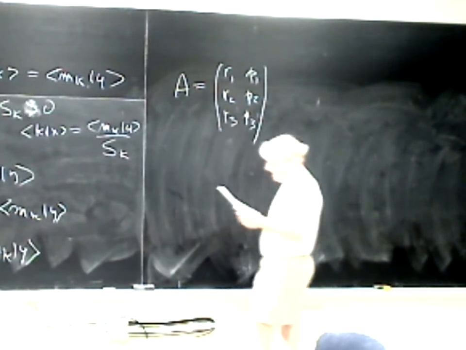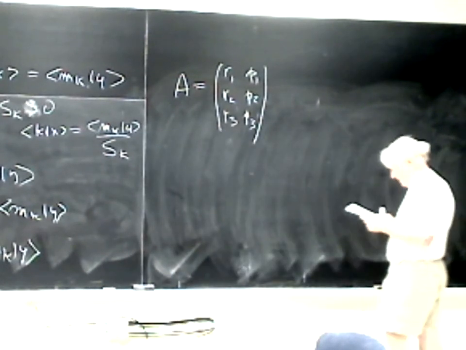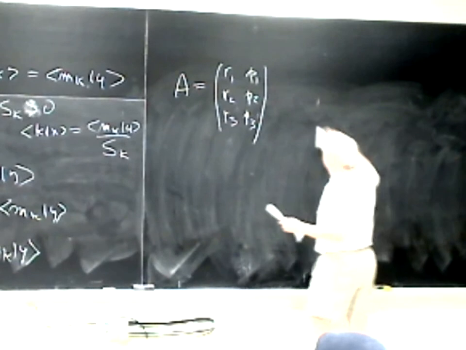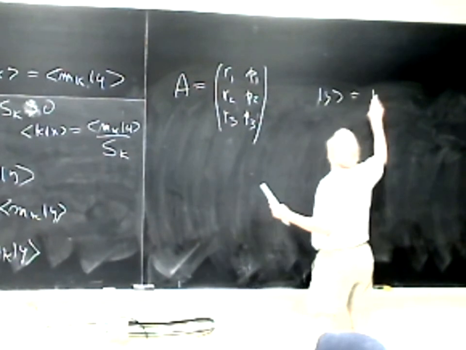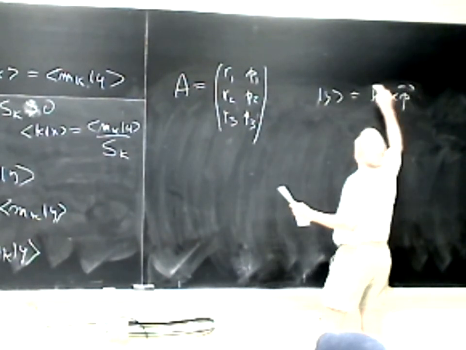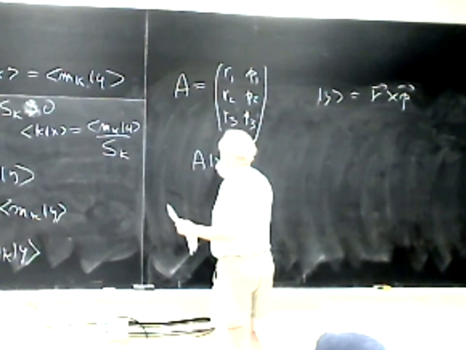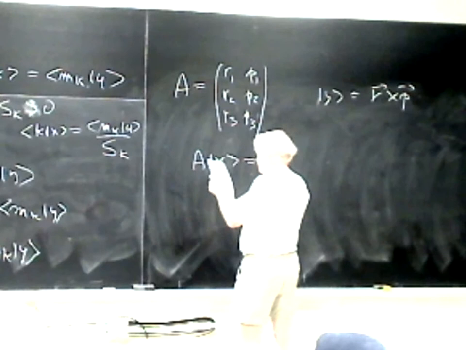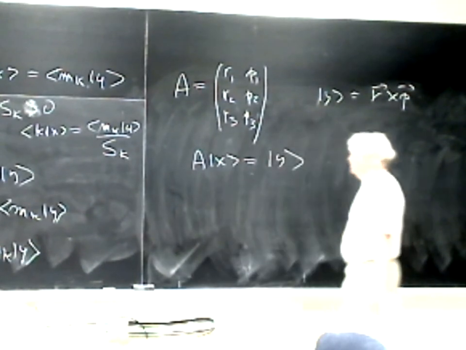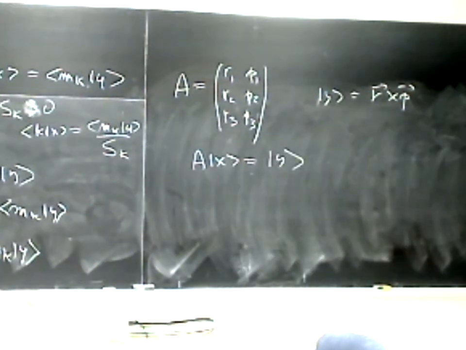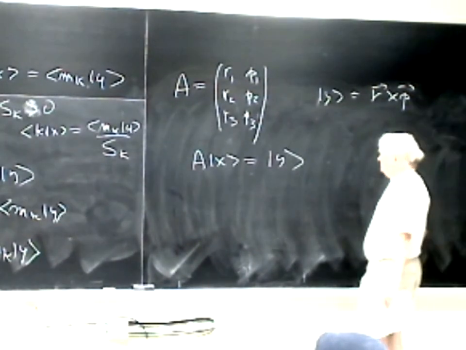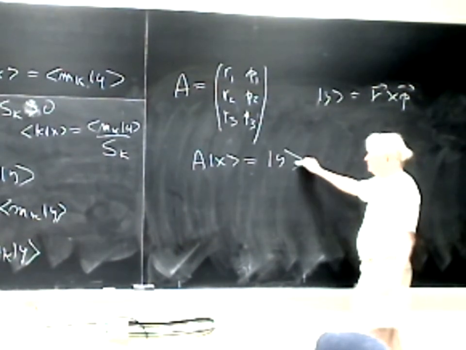So suppose A is a 3 by 2 matrix like that, and suppose the vector Y is the cross product R cross P. Well then, the system of linear equations, AX equals Y, just is not going to have any solution at all, because Y is,